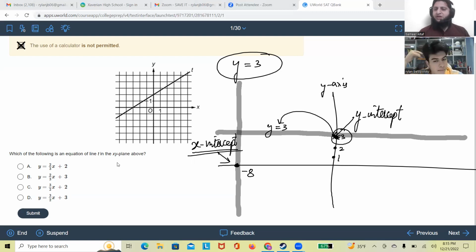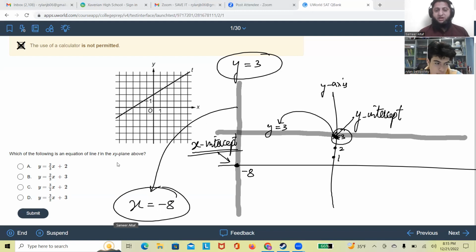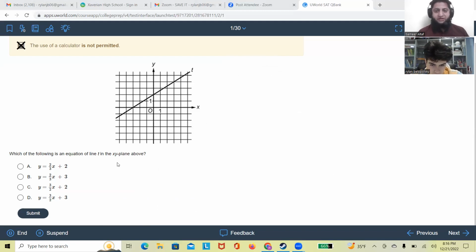Y-intercept, x-intercept. Got it? So the x-intercept is -8 for this line, and the equation for this vertical line will be x equals -8. Is that okay till now? Yeah. Now going to the next move, that is an important move,